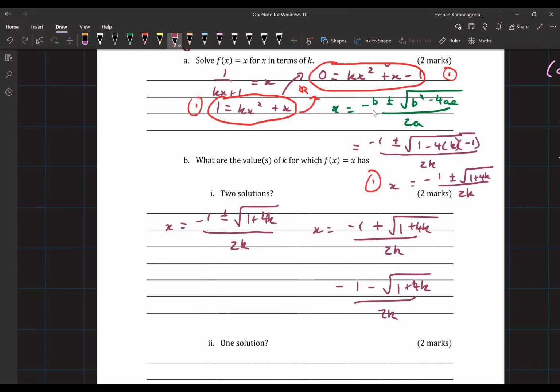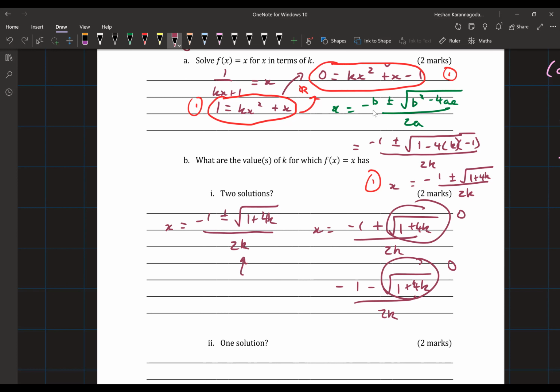So you might be thinking, okay, we're already given two solutions. What does this question mean? Well, for some values of k, we're actually not given two solutions. For example, if the square root value was 0, so let's say this was 0, this was 0, then both of our solutions would actually overlap. So that would only be one solution in that case. Another example, what if k is equal to 0? Well, we can't divide by 0. So in that case, we're given no solutions because all of our solutions are invalid.